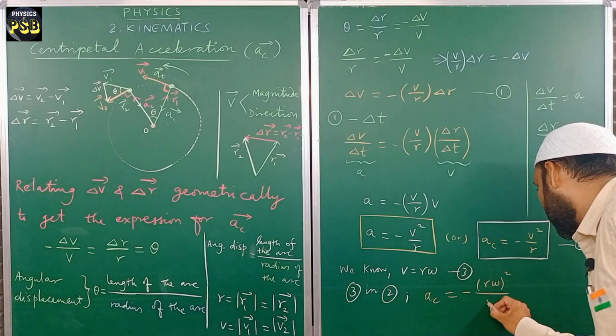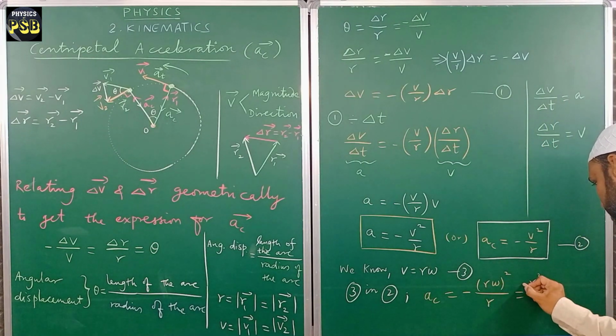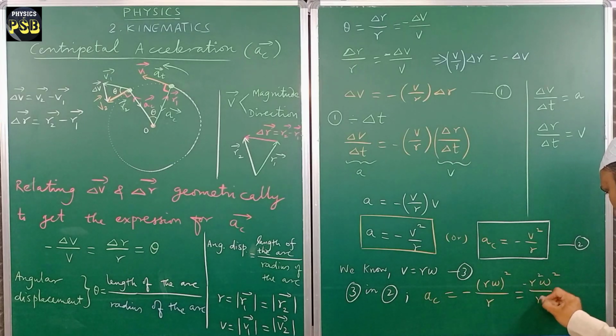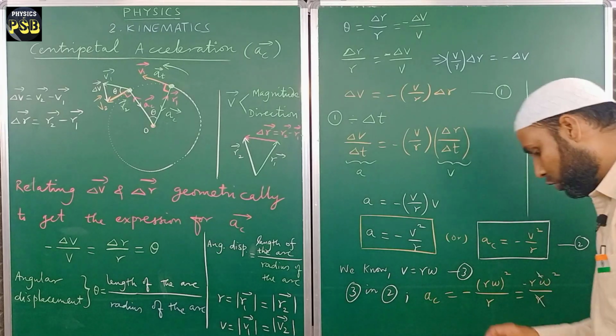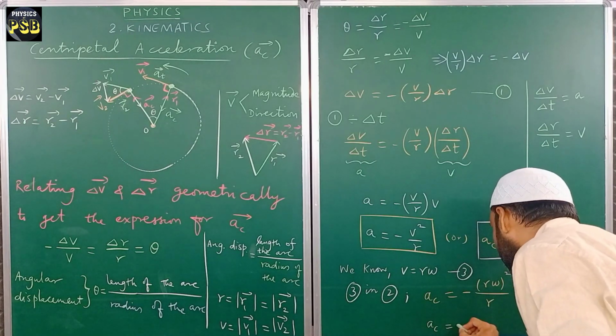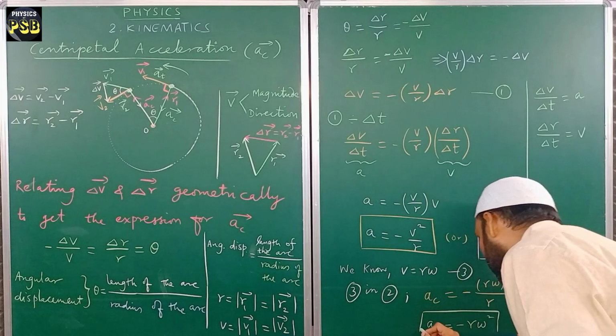Then I get, on expansion, r square omega square divided by r. So here r square and r will cancel, and what you obtain is something like this: a_c equals minus r omega square. This is another way of representing